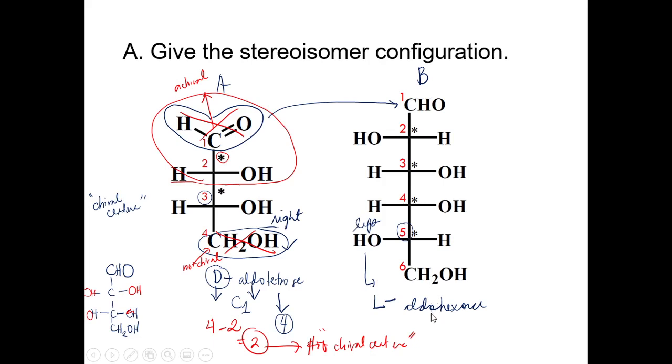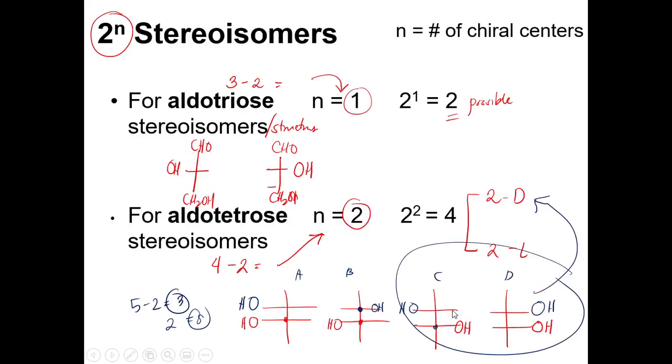And then this is an aldohexose because this CHO here is just a simplification of this C double bond OH. Yan, CHO lang din naman yan. They are the same in structure. And then we determine that this is 6 carbons long, so that means this is an L-aldohexose. So for the determination of